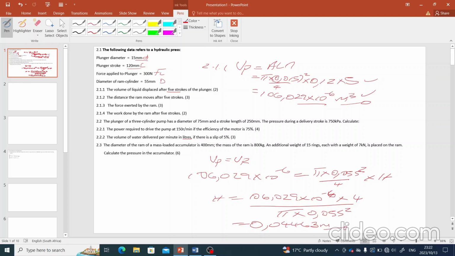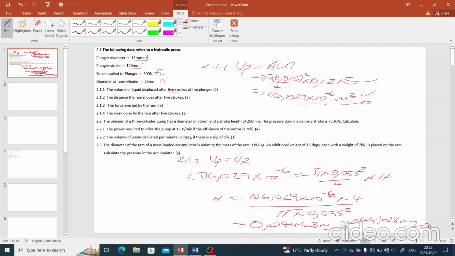Now if you were to take it to exponential, it's going to be in millimeters. If you wanna write it in exponential, it is 44,628 millimeters. Okay, it's up to you. How do you want to tackle it? This is question